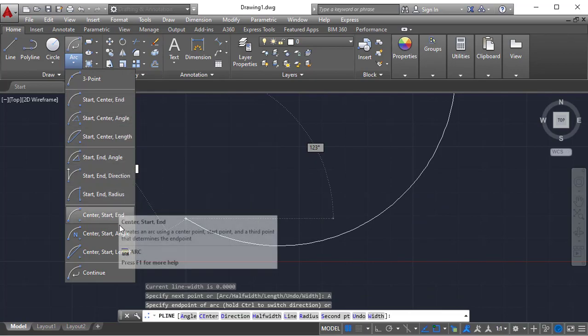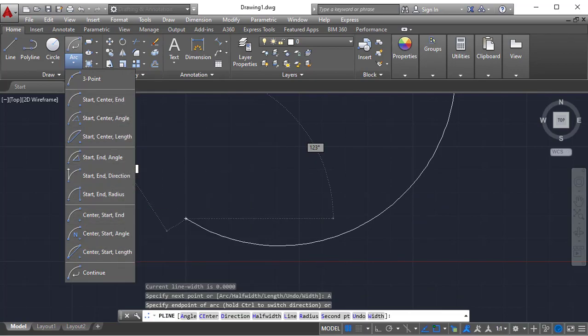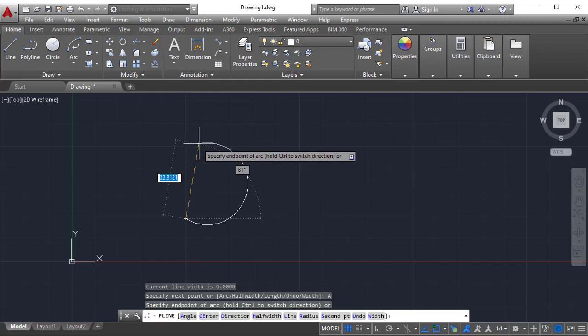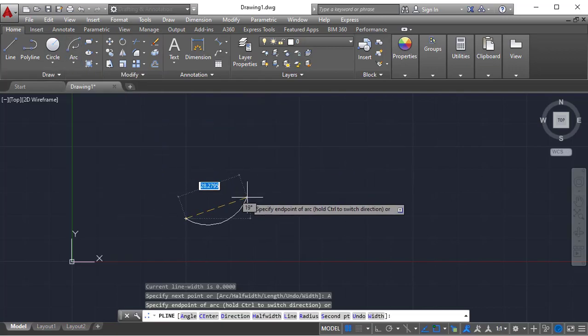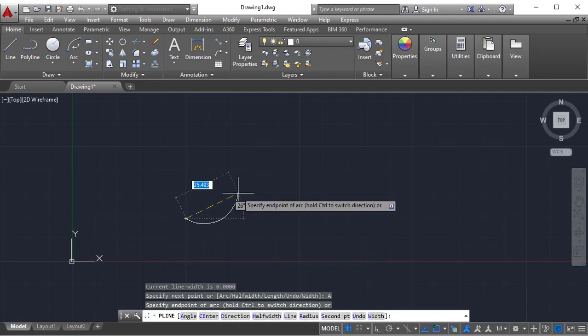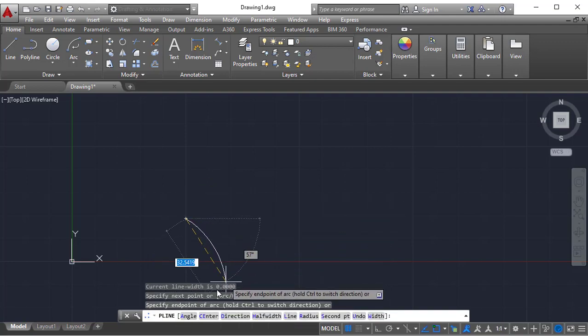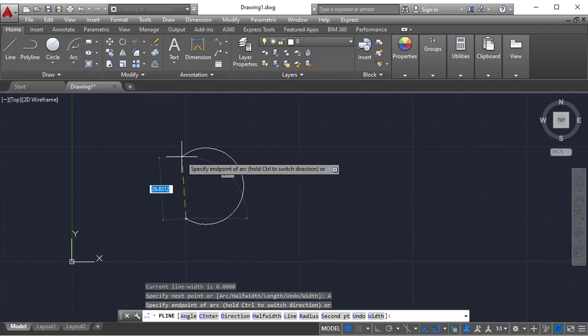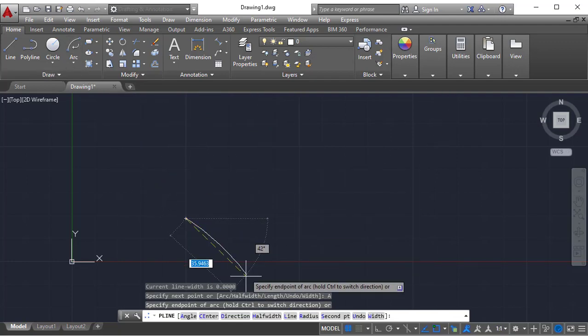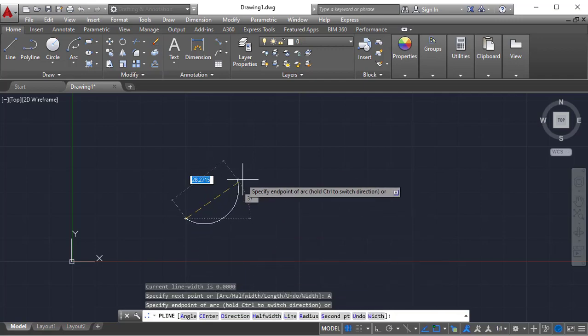Angle, direction, radius, all. And the second point method is the 3-point method. Both are similar. You will get whatever options are present in the arc command, exactly in the polyline command itself. I will explain all these options deeply in a separate arc tutorial. You can follow that, but right now I'll concentrate only on polyline.